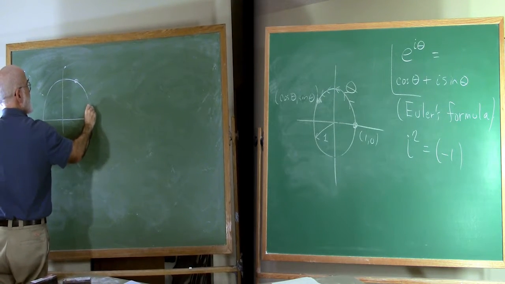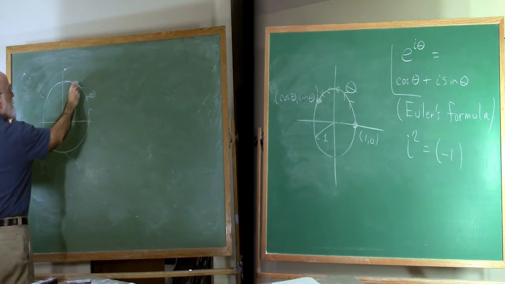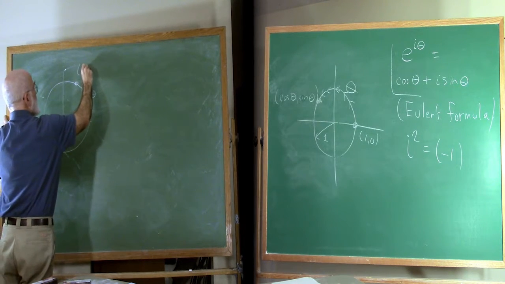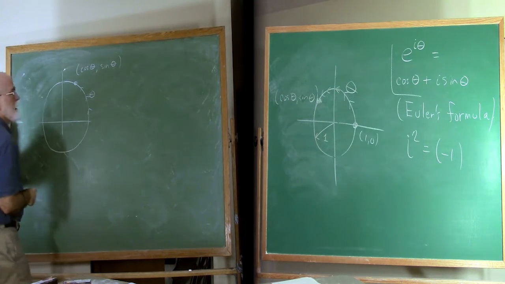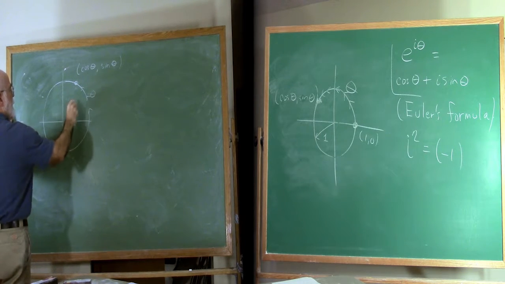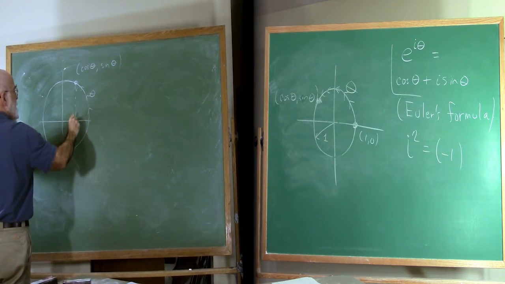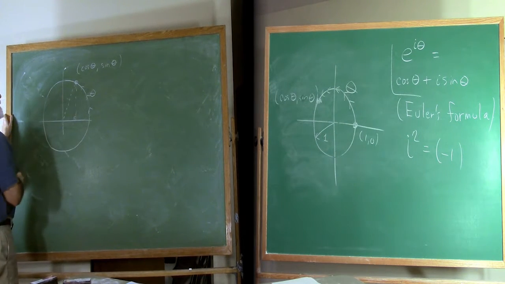Let's say here's an arc length of theta. So this ordered pair, remember, is cos theta, sine theta. That means if you drop a perpendicular down to here, right angle there, draw this line here,